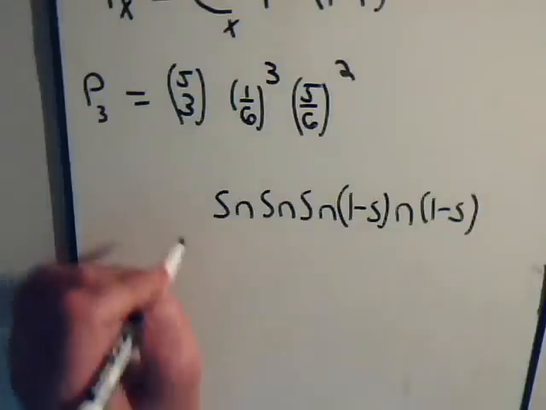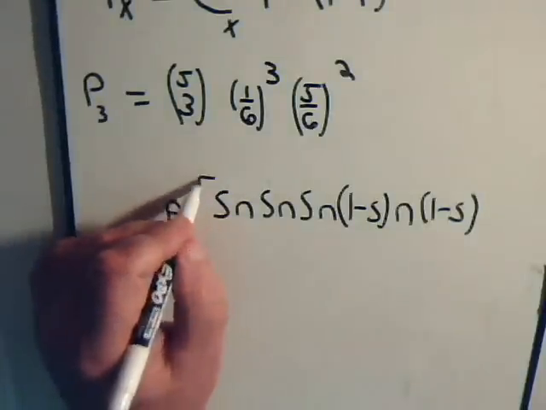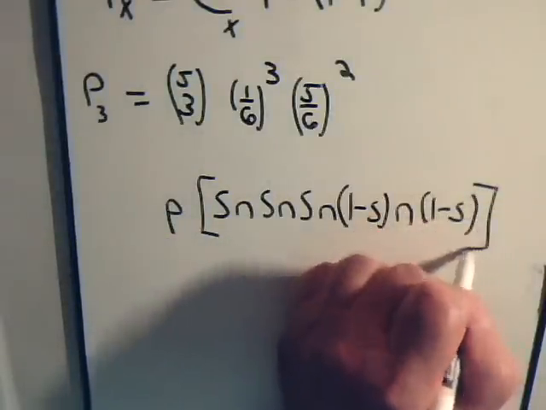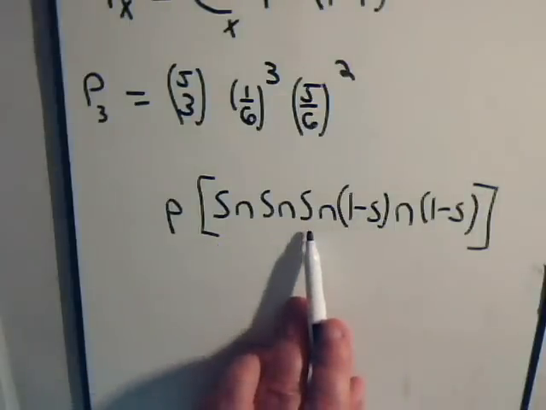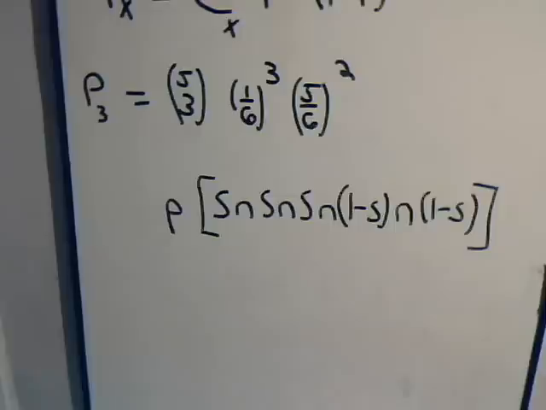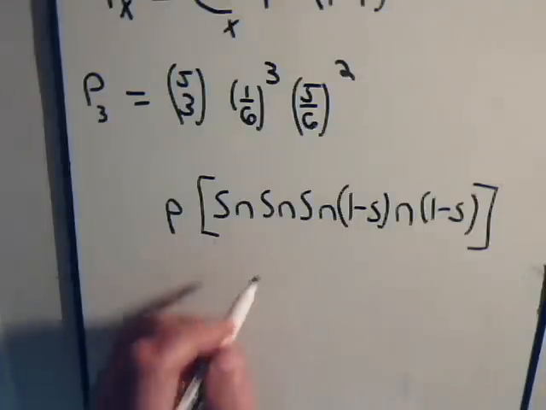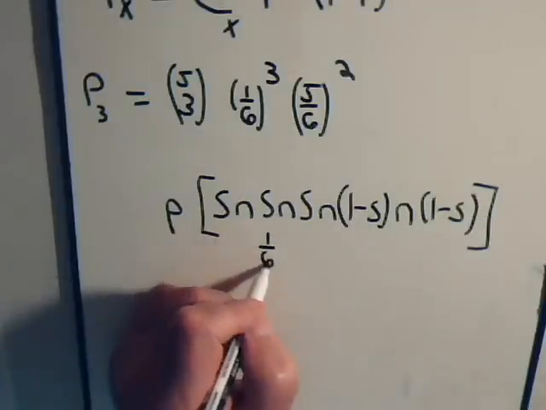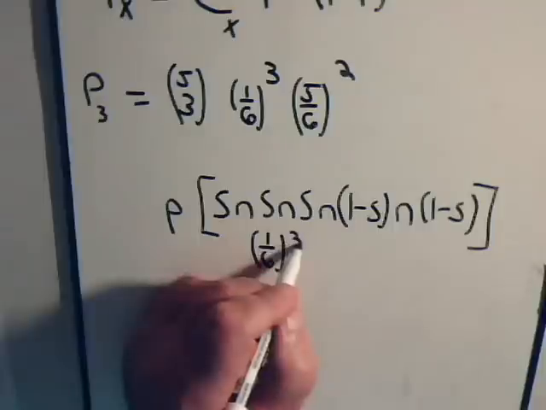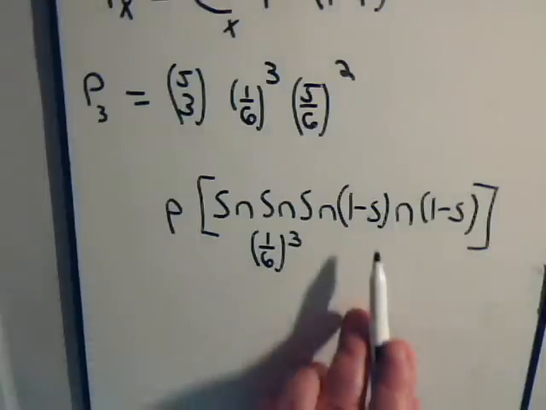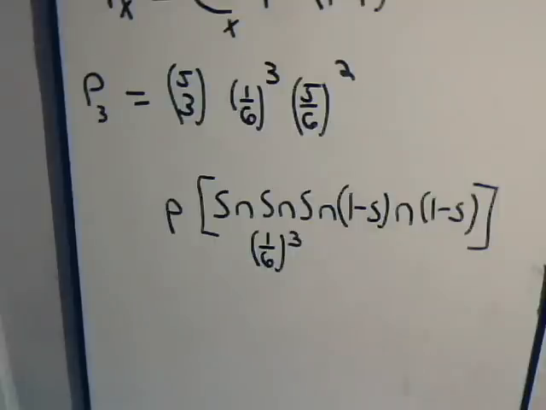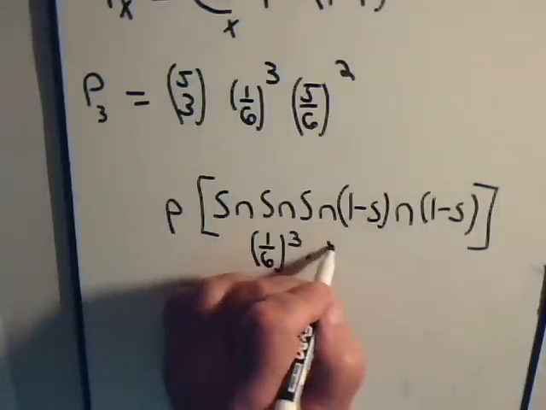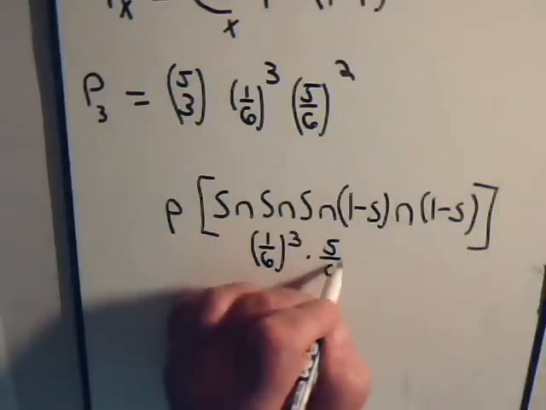Like this, and the probability of this happening, these are all independent events, so it'd be the probability of success times itself 3 times or cubed, and the probability of success is 1/6. Success is when the number 4 shows up, so this is 1/6 cubed times this is failure and this is failure, multiply them together. These are independent events,